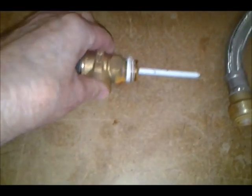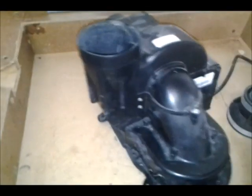It goes in like this, and this is sensing, this is ceramic, I think. This is sensing the temperature or the pressure, maybe both. So I also took the blower off the other one because it seems to be in good shape still. Simple blower to exhaust the gases. And then I removed the burner and the pilot assembly,